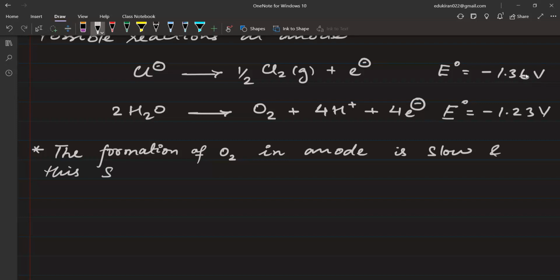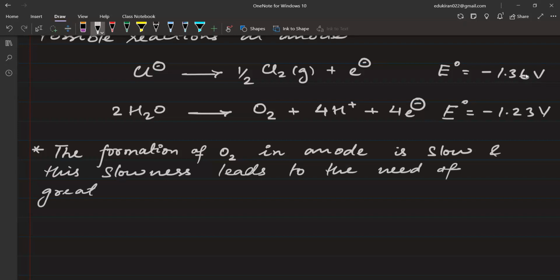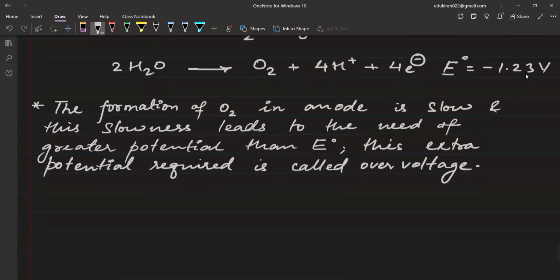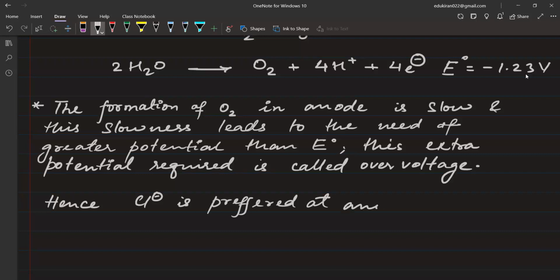The formation of O2 in anode is slow, and this slowness leads to the need of greater potential than E naught। This extra potential required is called overvoltage, and hence Cl negative is preferred at anode, and Cl2 gas is formed, ठीक है।